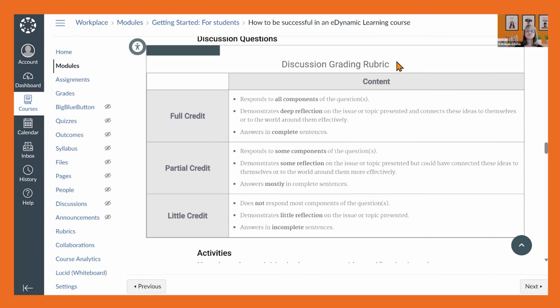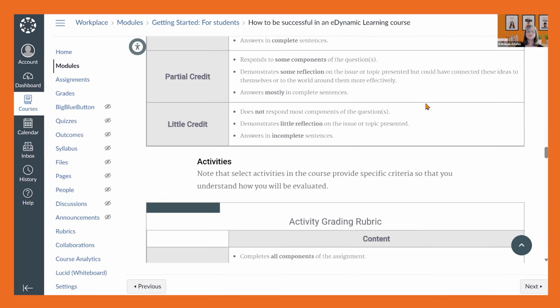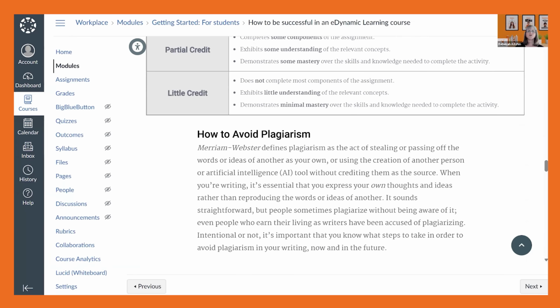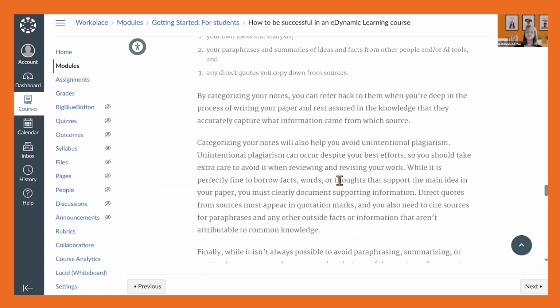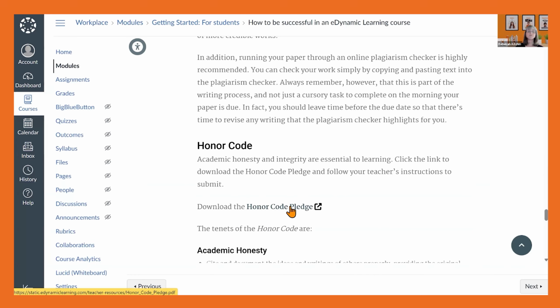So the rubrics are available for anything they are turning in. So activities, labs, discussions, their critical thinking questions, all will have rubrics. And then there is a section where you can discuss with them different parts of academic integrity, digital integrity, academic honesty. There is an honor code here that you can use, or you can use this as a template and